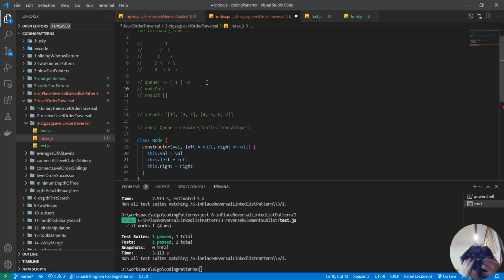At each iteration, we want to process one level, right? So for the first iteration, we need to process one, right? So the node out,